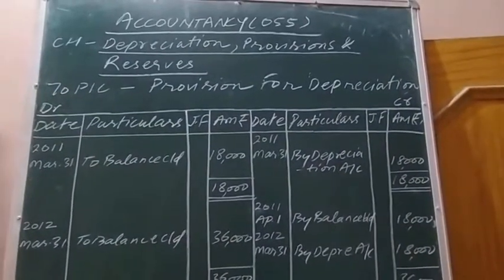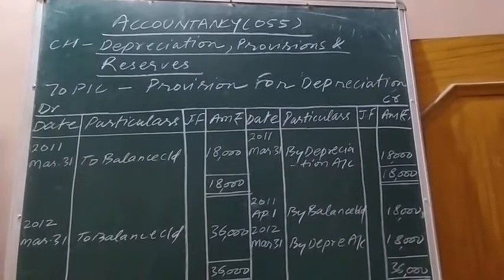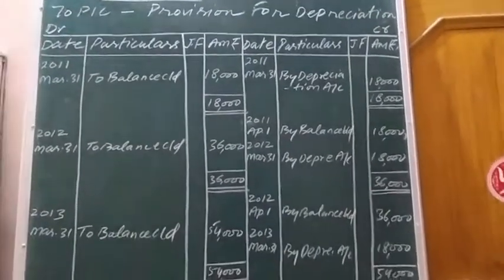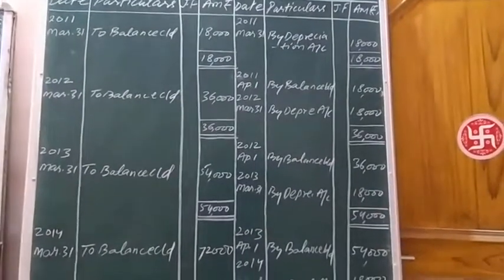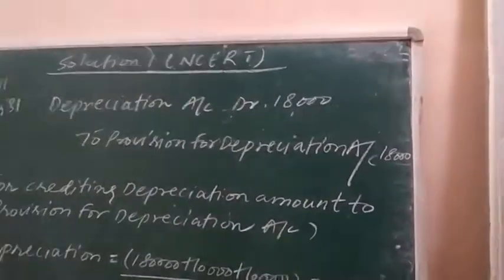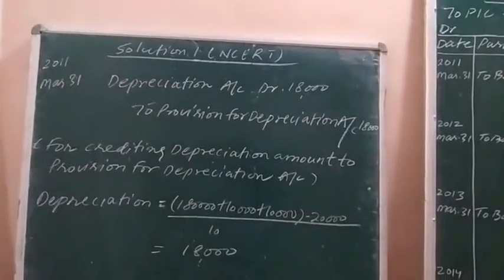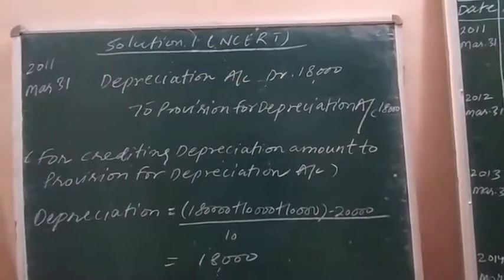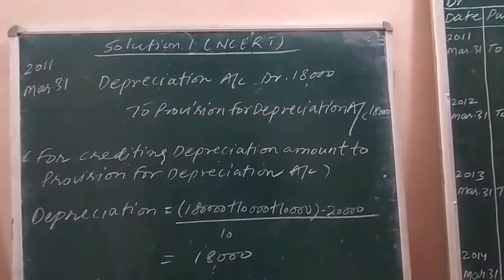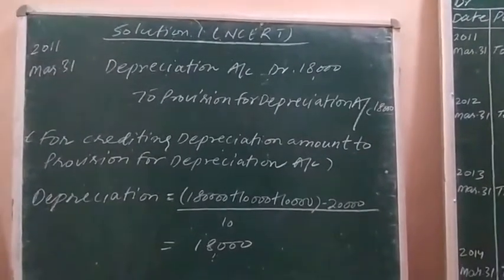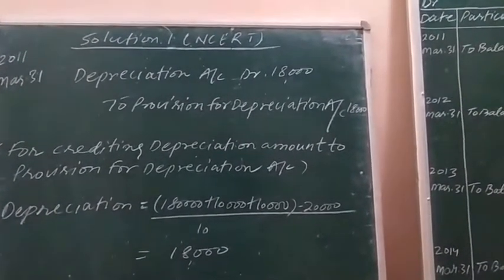Okay, right, you need to just take the screenshot, and what further you need to, just fill it up. So this is the complete solution of question number 1 NCERT. Whatever questions I gave you in homework, you need to revise them. And if there is a need for provision for debt account in those questions, you need to prepare the provision for debt account.